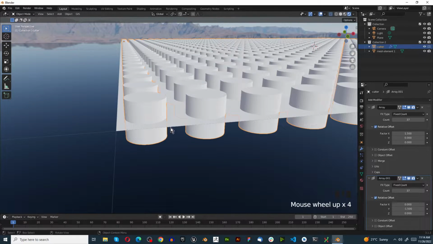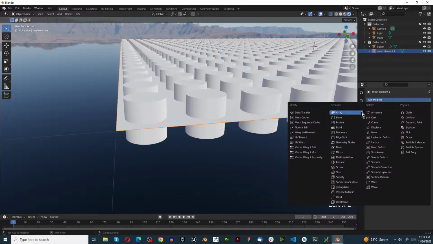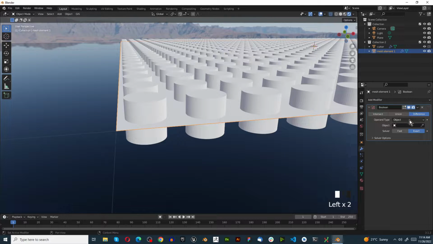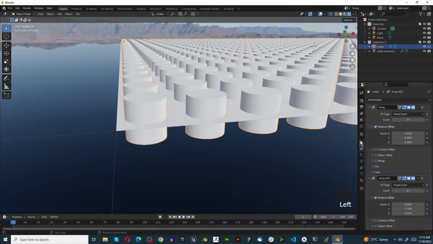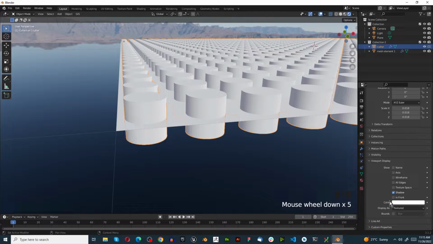So now we're going to select our plane, add modifier. We're going to use the Boolean modifier to cut. Difference, the object we'll select is our cutter. This may take a little while because we made it way too small, but be patient. Hopefully your machine can keep up, and it will get easier once this cut is made. Awesome. Once the cut is made, you want to select your cutter, go to the object properties and go to viewport display and just select wire. Once you've done that, it will take a second to load,